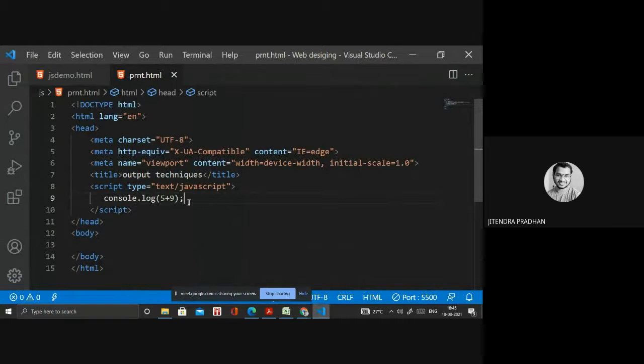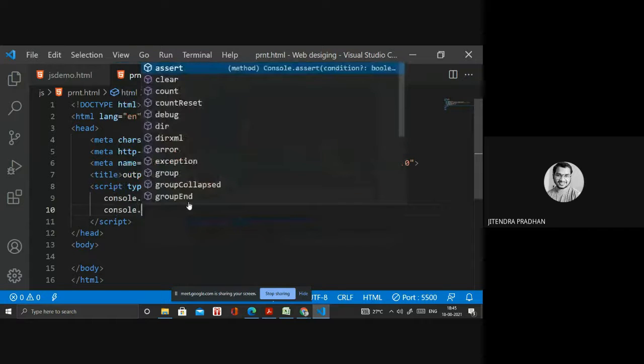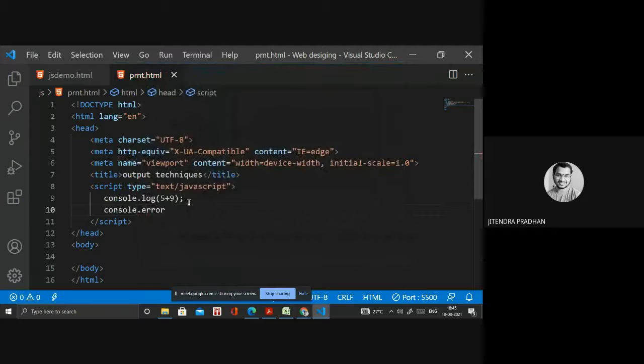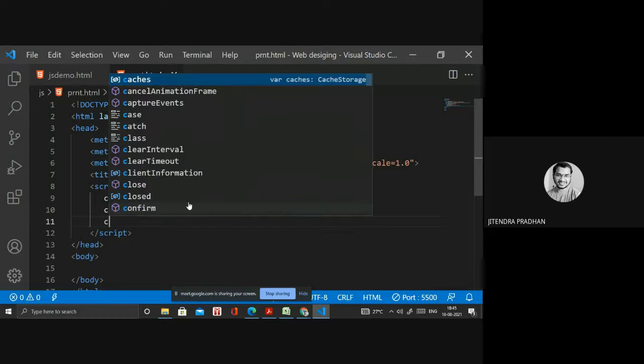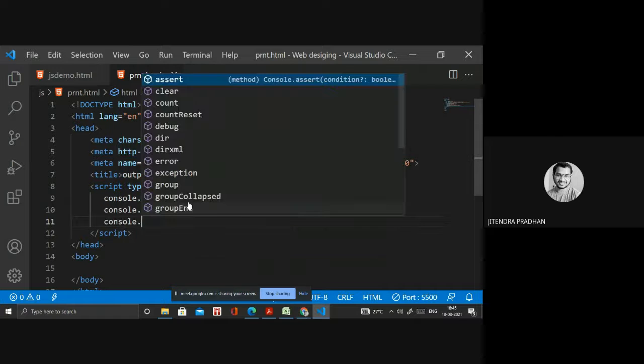Next we have error, console.error. If I write the message, please sort out the error. And we have the debug option.